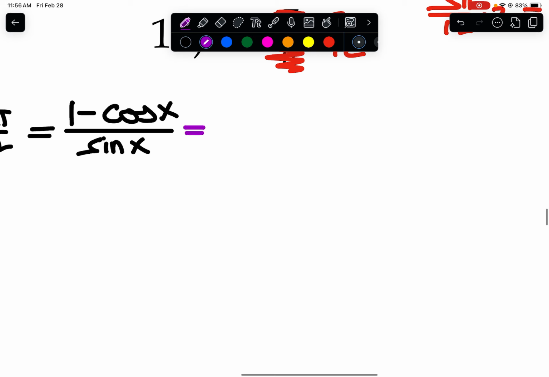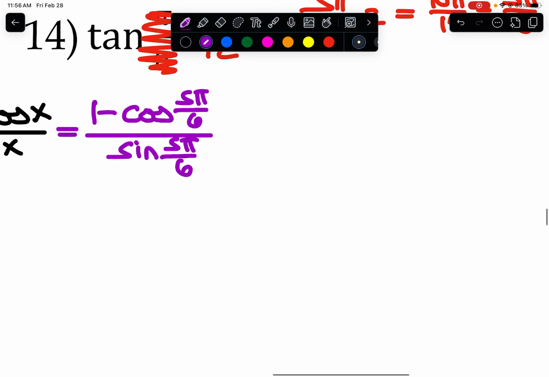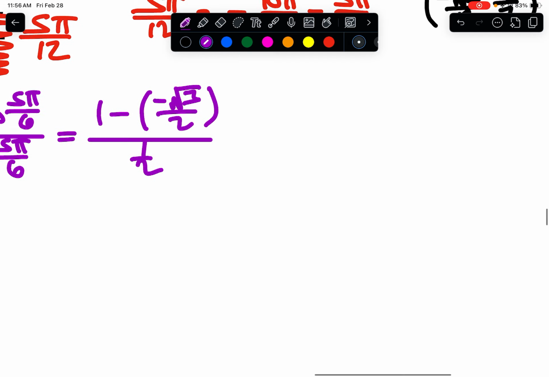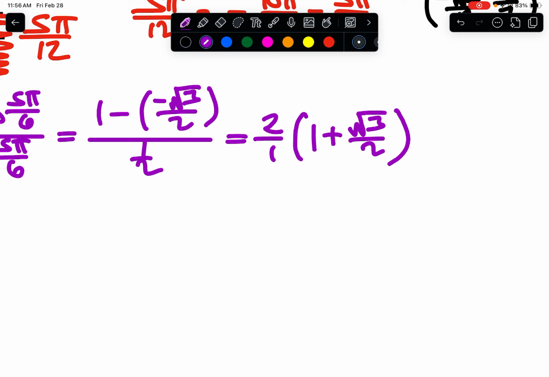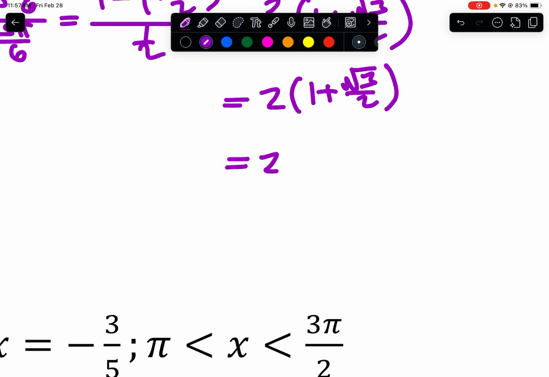So when I plug in, I'm going to do 1 minus cosine of 5 pi over 6 over sine of 5 pi over 6. So 1 minus cosine is going to be 1 plus root 3 over 2, and then that's going to be all over 1/2. So I'm going to go ahead and multiply by the reciprocal since I'm dividing by a fraction. So I'm going to multiply by 2 over 1 times 1 plus root 3 over 2. So then this is just 2 times 1 plus root 3 over 2, which means your value here is going to be 2 plus root 3,